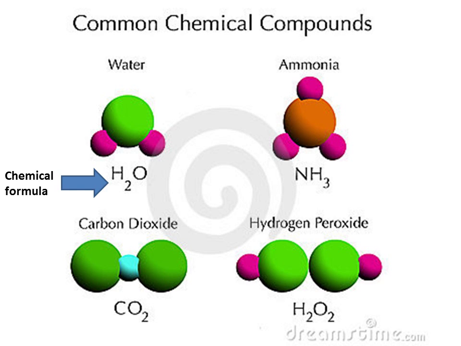Chemical compounds are substances formed of 2 or more elements, chemically combined in a definite proportion. The compound is specified by its chemical formula. For example, here you see 4 common compounds. Water in the upper left is made up of 1 oxygen, the large green structure in this model, and 2 hydrogens, the purple structures in this model. The formula for water is therefore H2O, meaning 2 hydrogens and 1 oxygen, and that is the chemical formula for